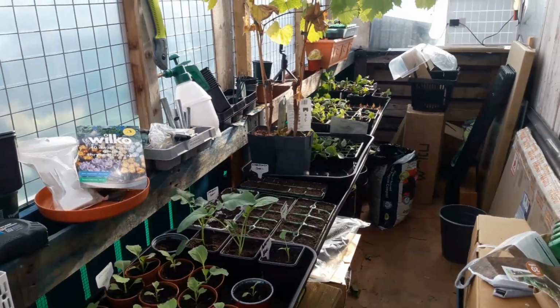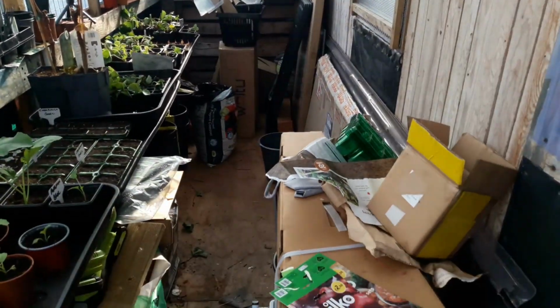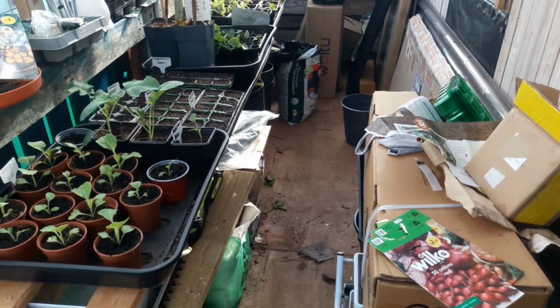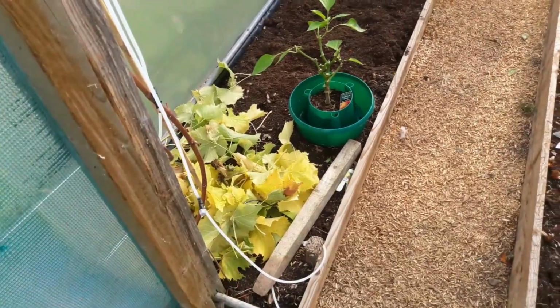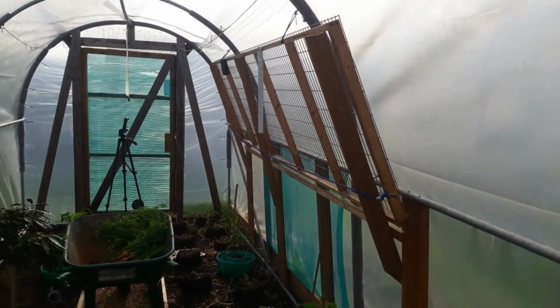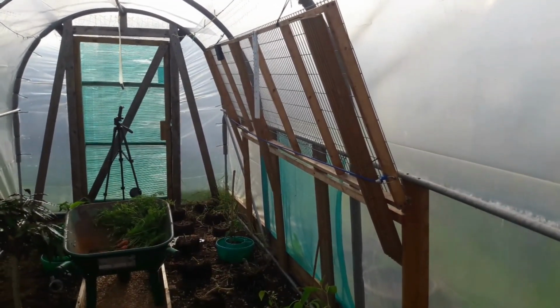And all this is cluttered up with boxes and everything stacked down there, so I really need to have a good tidy up in here. So today, as long as the weather holds out, I'm going to get finished off in here. We'll get the bench back down, and then I can get some of those plants off the shelves up in the dry area